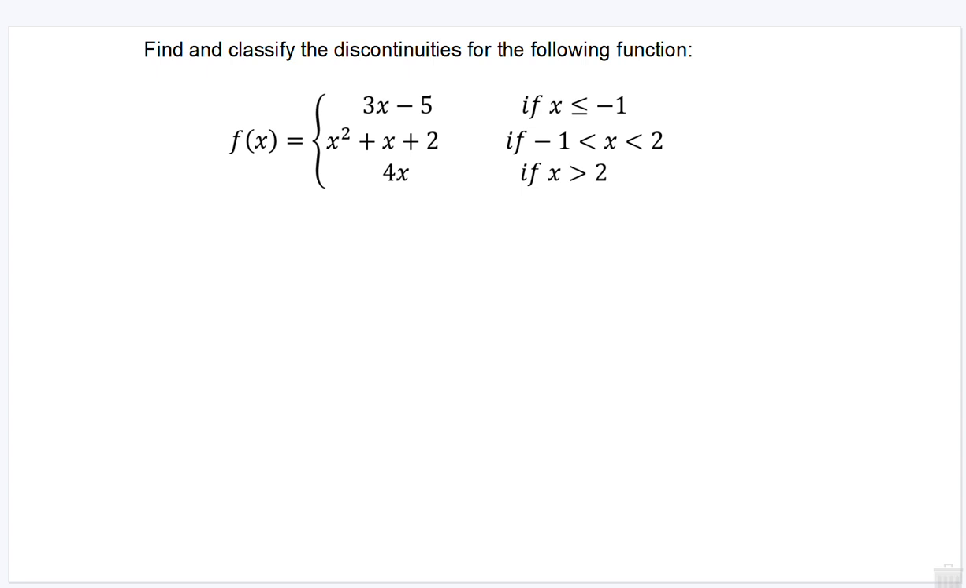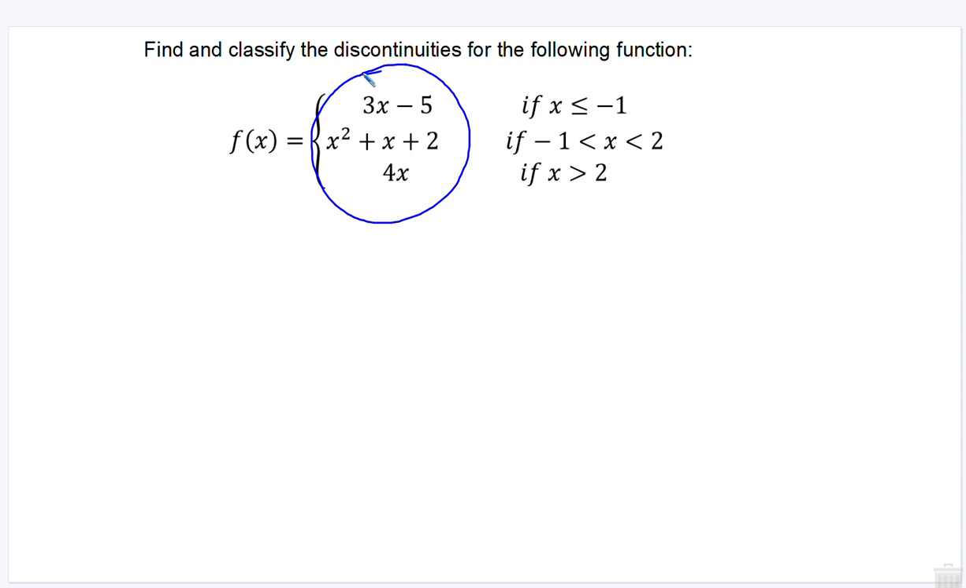So let's just investigate a couple of these functions. So here we have a piecewise defined function. f of x is 3x minus 5 when x is less than or equal to negative 1. It's x squared plus x plus 2 when x is between negative 1 and 2, and it's 4x when x is greater than 2. So the first thing that we'll look for is anything within these pieces that we know